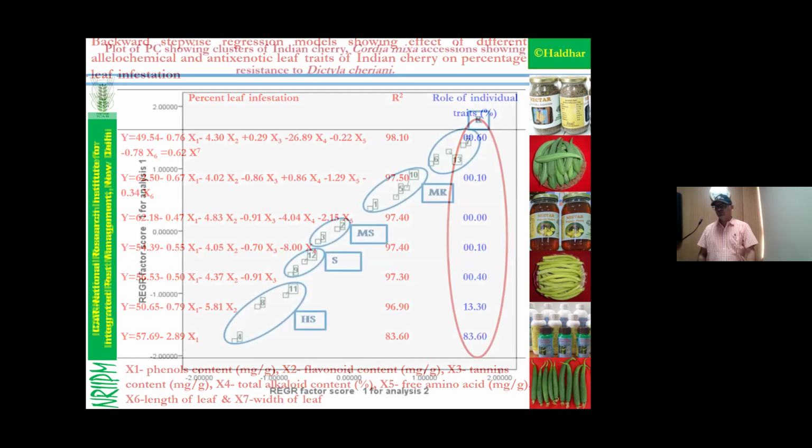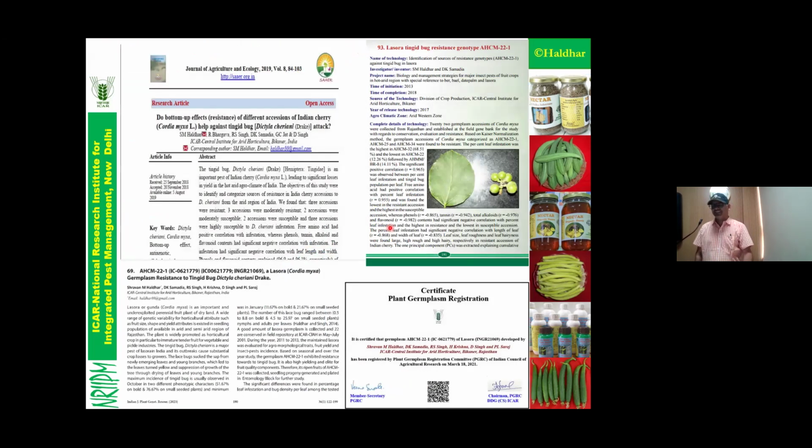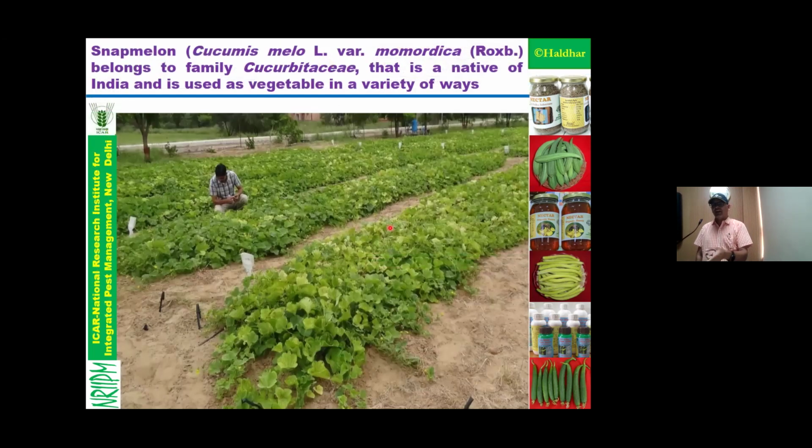Okay. Yeah, go a little bit fast, otherwise in between 10 minutes I will not be there, so I will be missing this already. Okay, sir. Registration, and snake melon is also there. That is also an underutilized crop in Rajasthan.